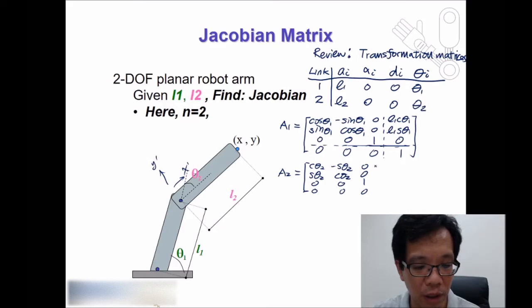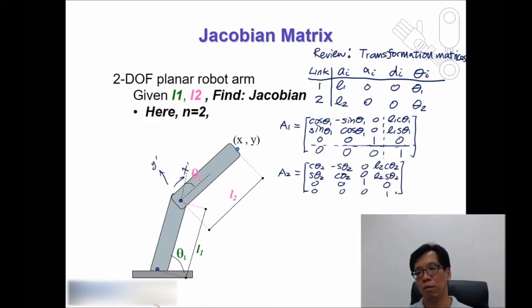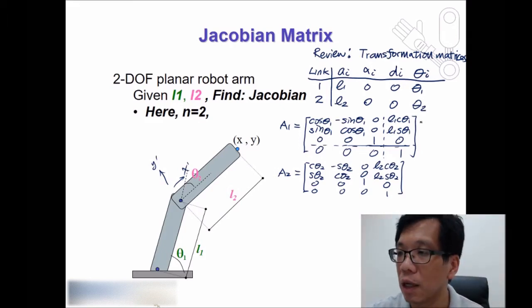This part over here is going to be L2 cosine theta 2, L2 sine theta 2, 0, 1. It's pretty much the same as the first transformation matrix, but that is based on this frame. Therefore, this is actually equal to